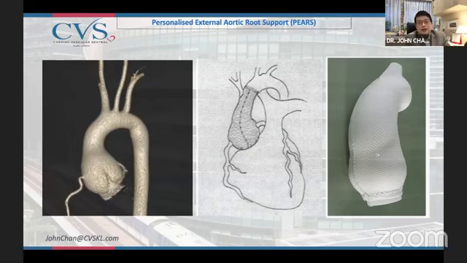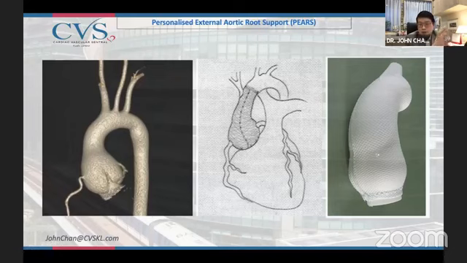So this is a procedure called a personalized external aortic root support. And this procedure has to be customized for each patient. So what we typically do is we will do a CT scan of the aortic root, and from that we get very precise measurements of the geometry of the aortic root and the ascending aorta, and then we would send all these measurements